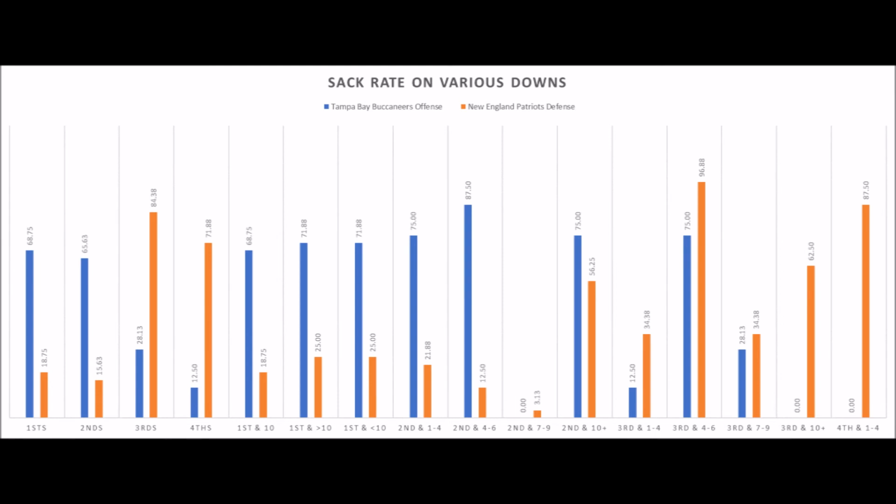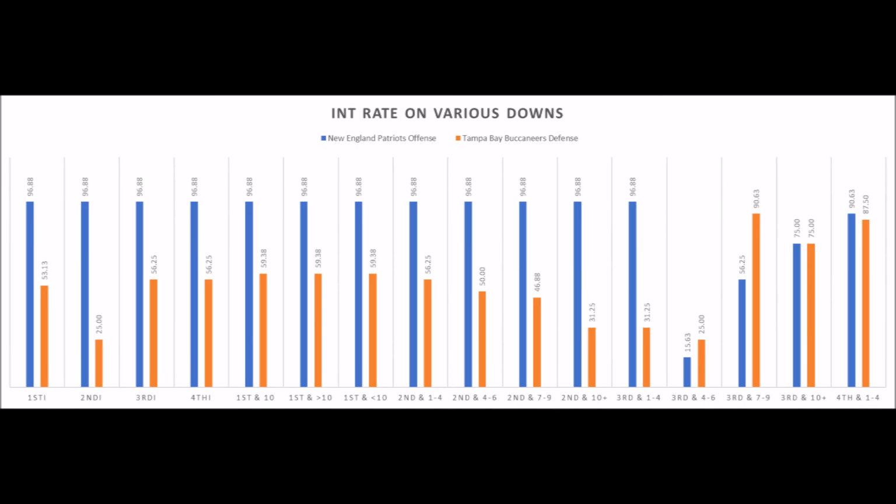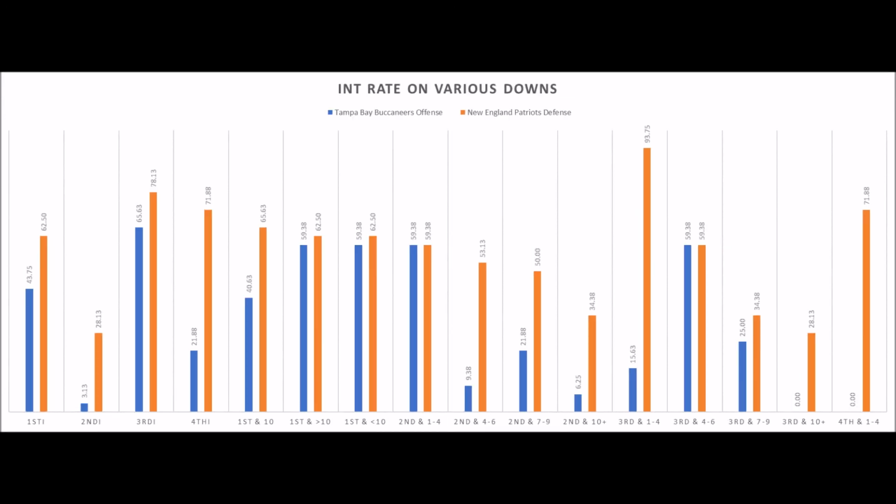The Buccaneers have also not been the best when it comes to preventing sacks on third down, so that's a key matchup to see in this game: third down situations. And, of course, when you get to interception ratio, the Patriots are pretty much heavily favored. And then, when you look at the interception ratio for the Buccaneers offense versus the Patriots defense, the Patriots have advantages in first down, second down and even third down situations.